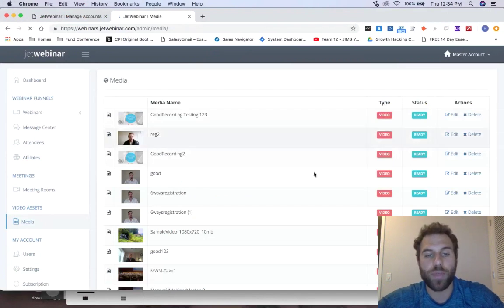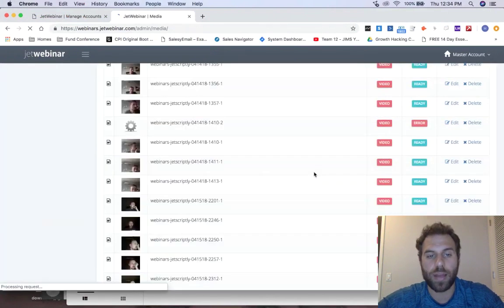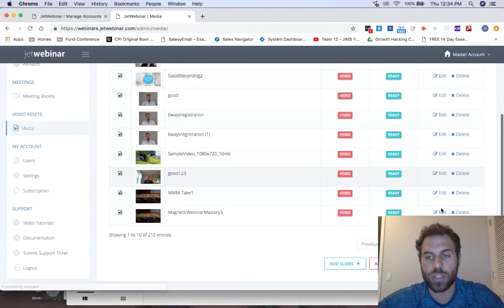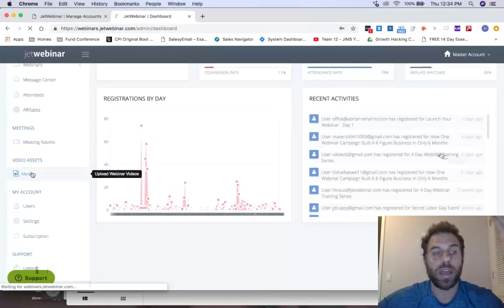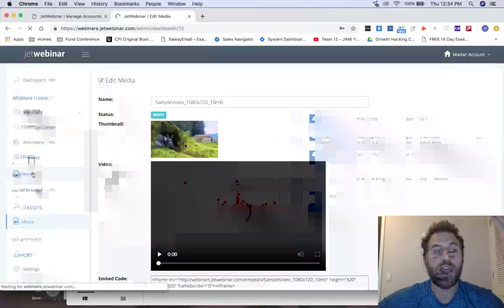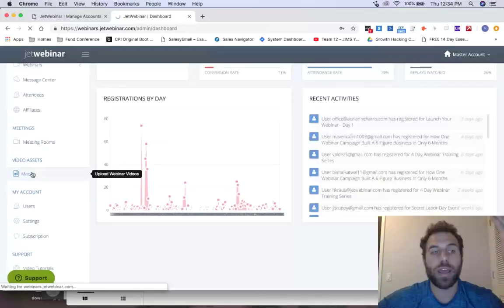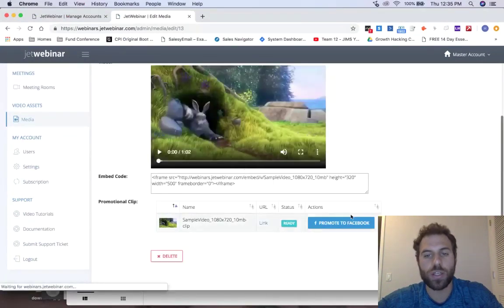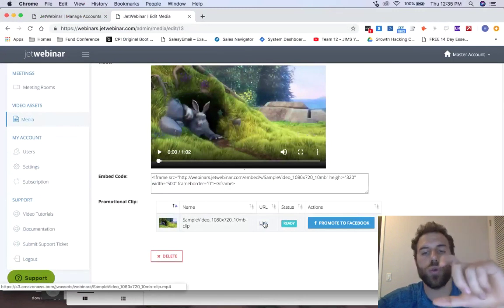And then from there, you're going to be able to go and create mini clips. So let's say we wanted to go here as an example. You go into media, that file is ready here. So the option we have is to click turn into a mini clip. That is going to automatically create a mini clip, and then you have an option to promote this directly into